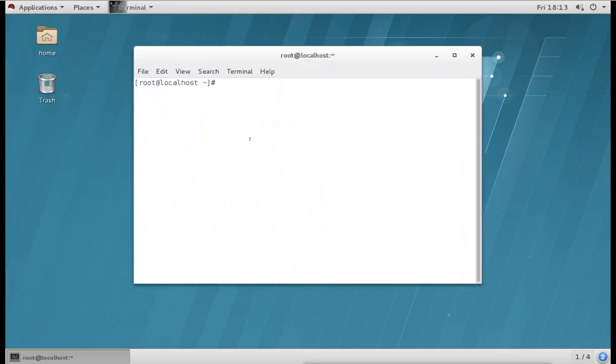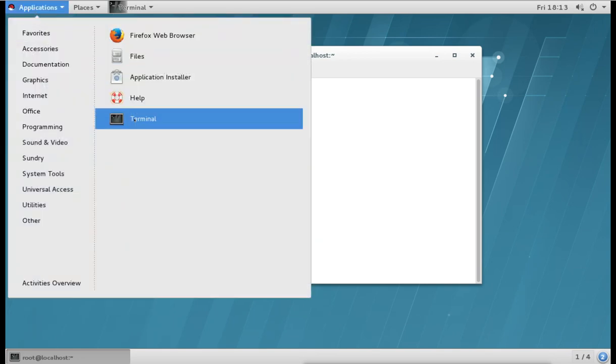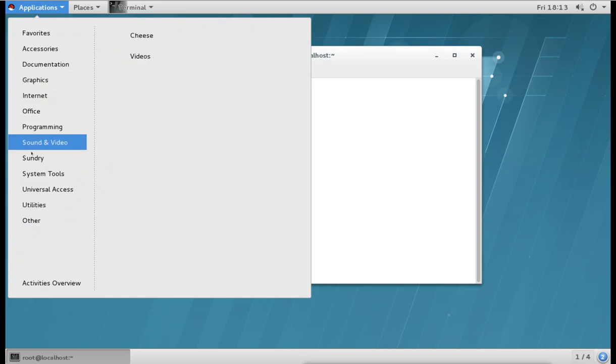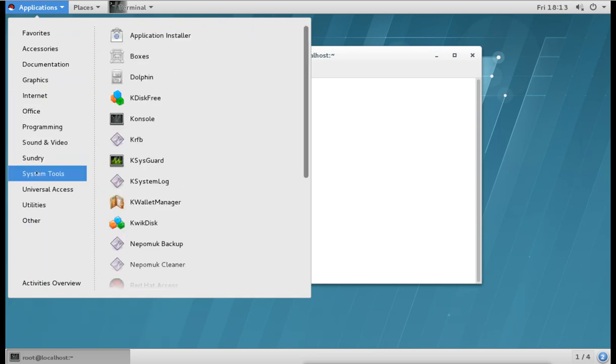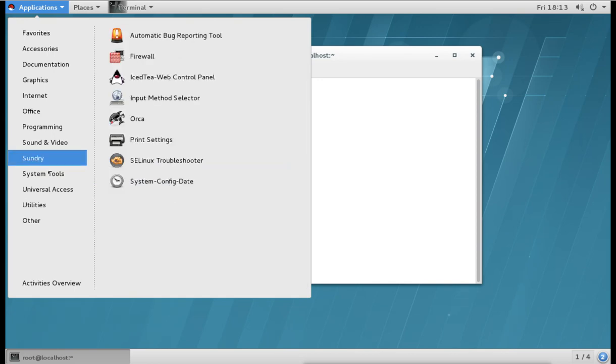It is called the pseudo terminal, where you can run all the commands which you want to manage. So if you are in the graphical desktop, you can open this terminal to configure from the command line. You have that under Applications favorites, or also under Utility.